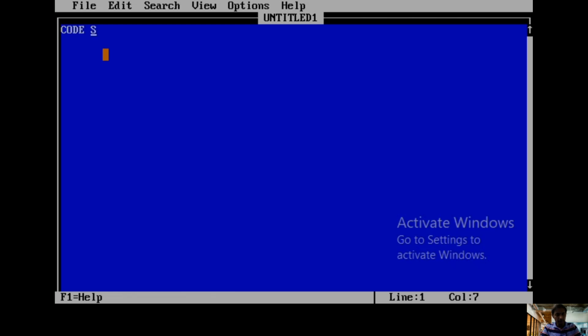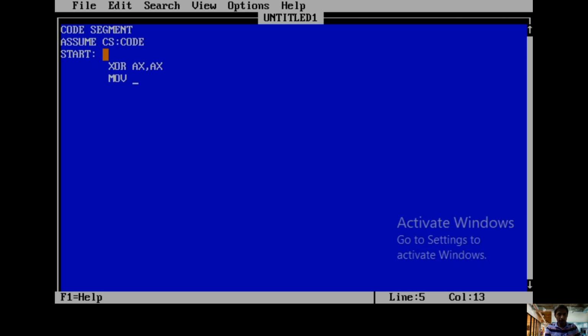Okay, so code segment. Then the assume directive, CS colon code. It makes a 16-bit logical address into a 20-bit physical address. Then the START label. These three are like headers for writing our program. Then, for any required register, we need to clear the general purpose registers first. So XOR AX, AX means my AX is clear.